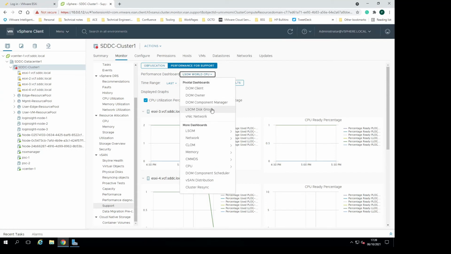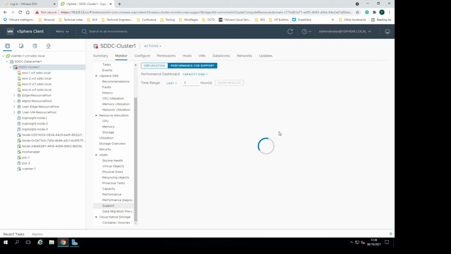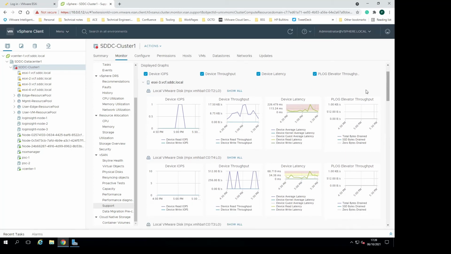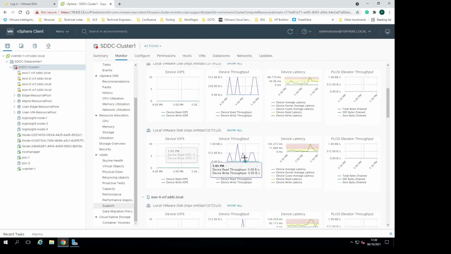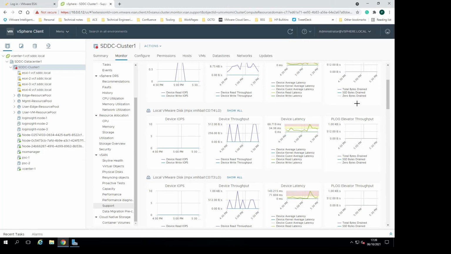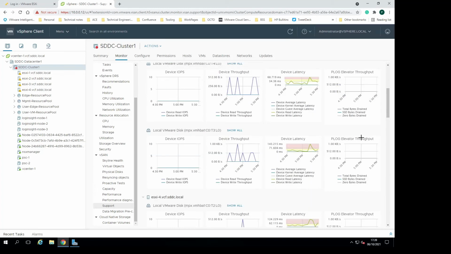Another key one we would look at would be focusing on some of the actual capacity disks. So if we go back to lson, we look at the capacity disks, we can have a look and see how they're performing as well. Some of the values are similar to what we would see in the actual cache disk as well. So we can see each disk in each host, and then we can look at the device throughput, latency, and the plog. Plog is the destage, how quickly it's being written to the capacity disk, and how much data is being written. So we do have a plog latency